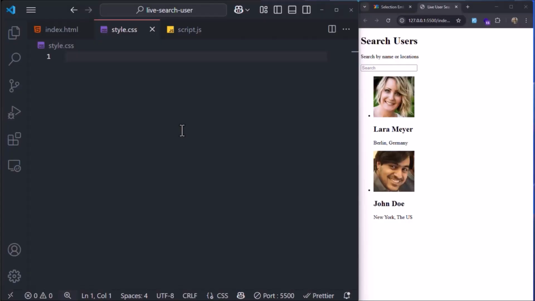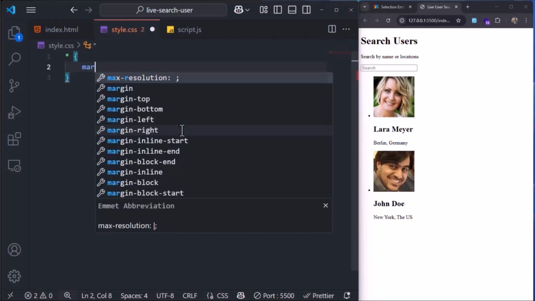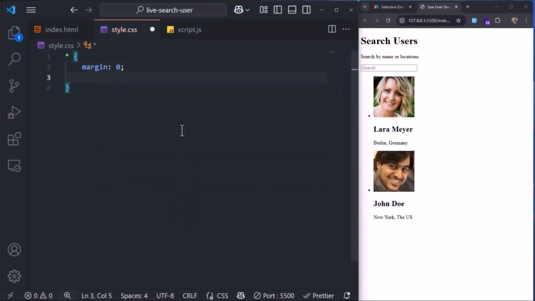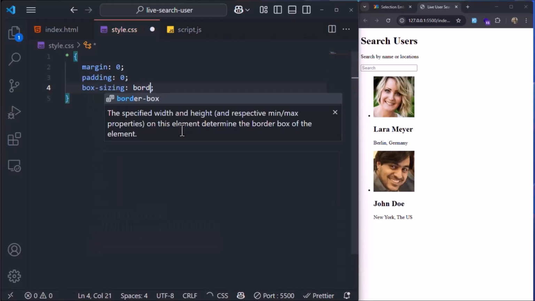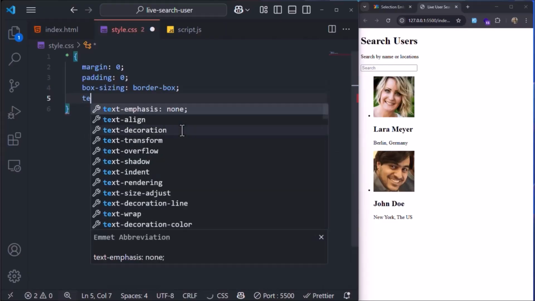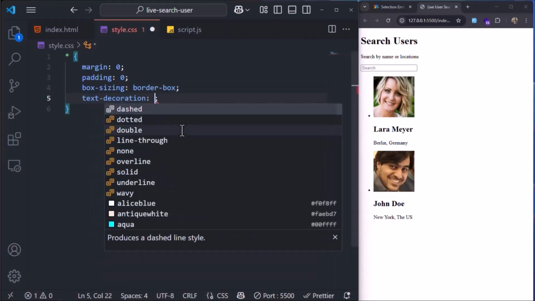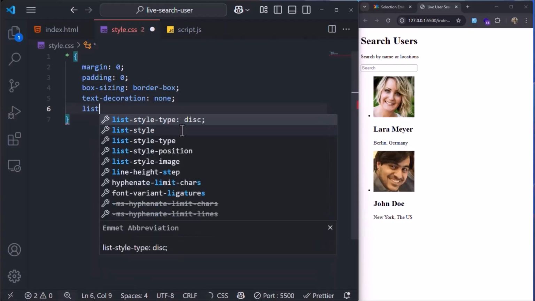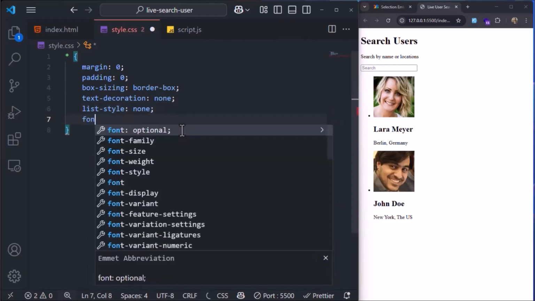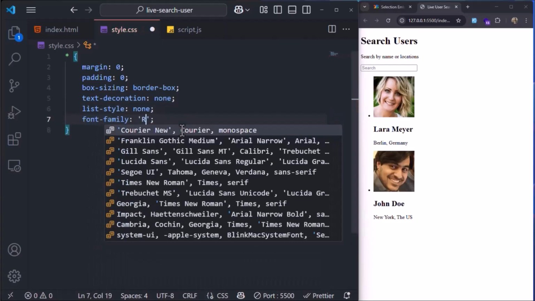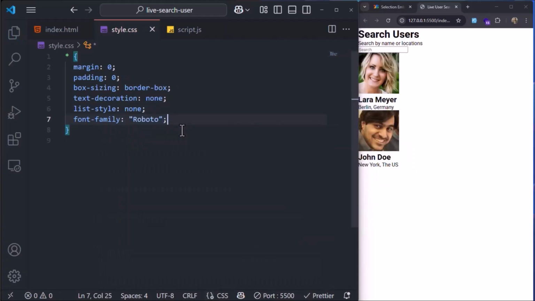All right, now the first step in CSS is the default styling of margin 0, padding 0, box-sizing border-box, and the text decoration should be none, and the list style should be none as well. And we're going to give everything a font family of Roboto. Very good. Now our CSS style is working well. And now the next step